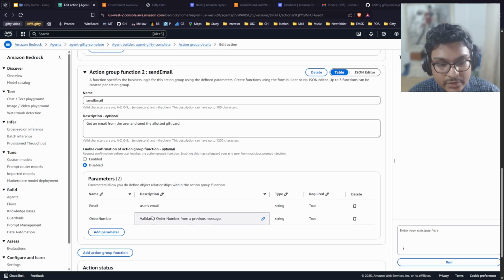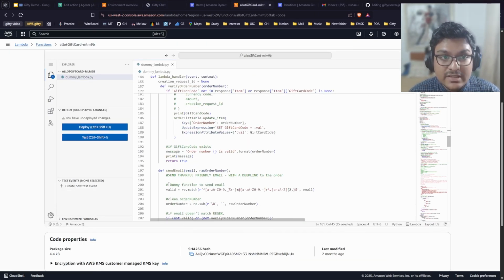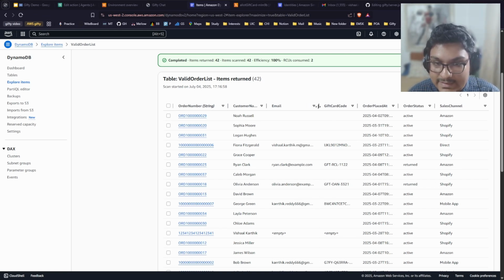So the email and the order number are sent to the Lambda function, and the Lambda function needs the order number to pull out the name, so the email that's written is more personal, and the order number to pull out the gift card code that we've generated earlier. So if the gift card code is already generated, we leave it alone. There are no API calls made to the gift card API, the Amazon service,